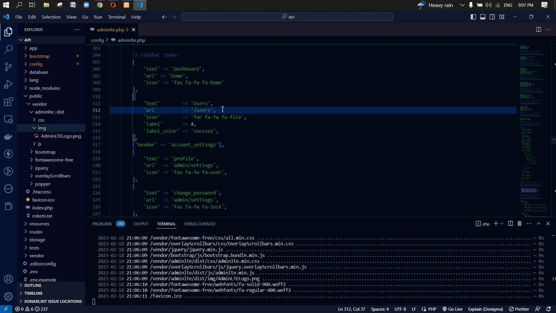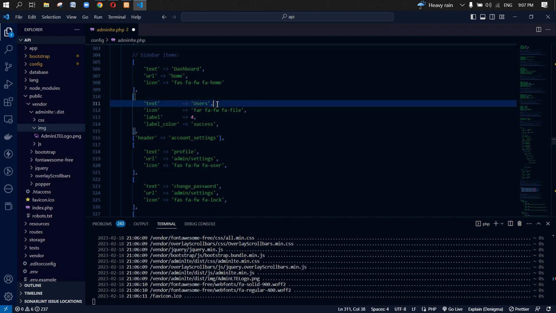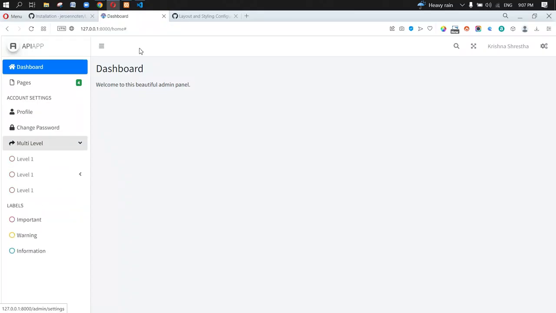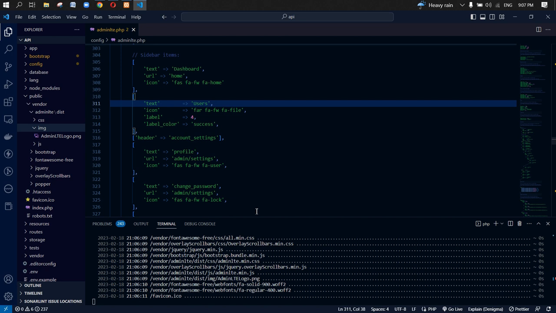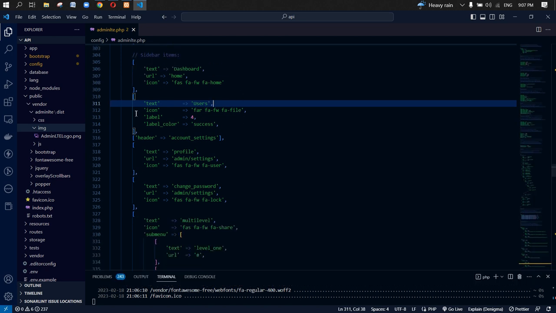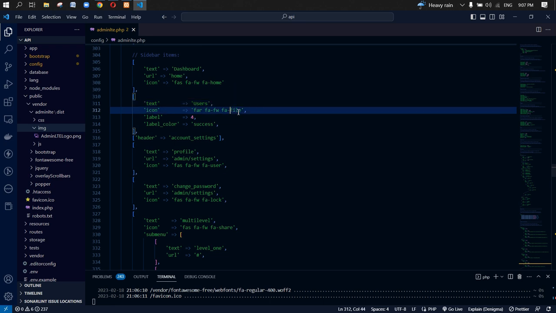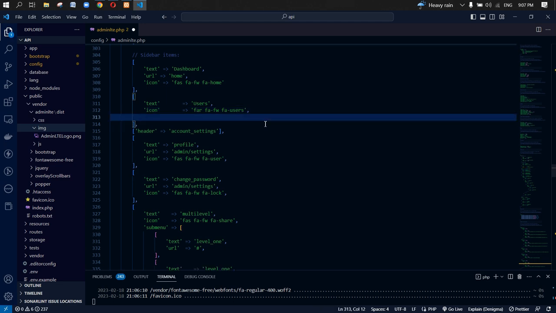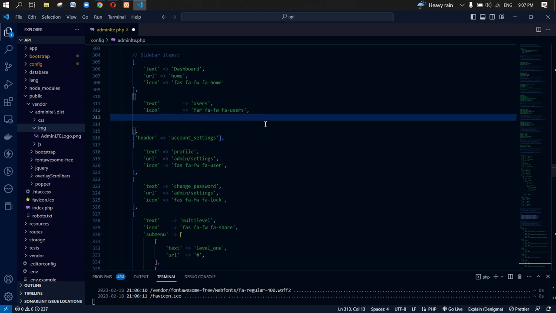And let's change the icon to maybe, okay, we're actually gonna do this one as a multi-label, so I'm gonna delete the URL and let's make the icon first users, and let's delete the label as well as the label color, and we can make it as a sub menu, and then